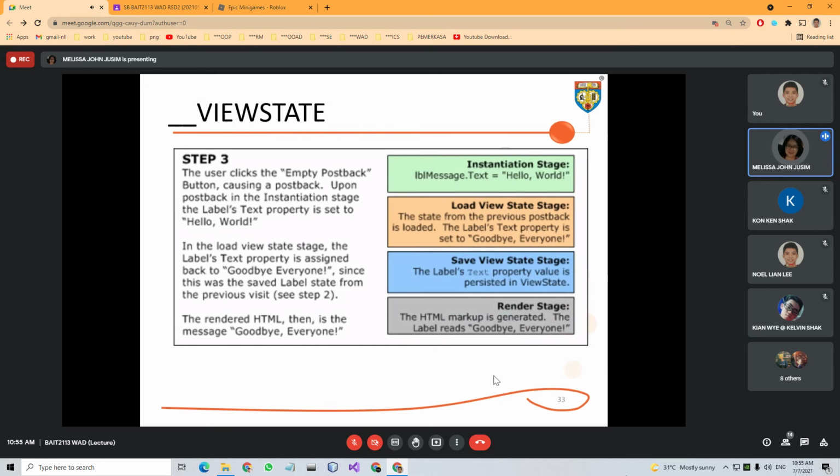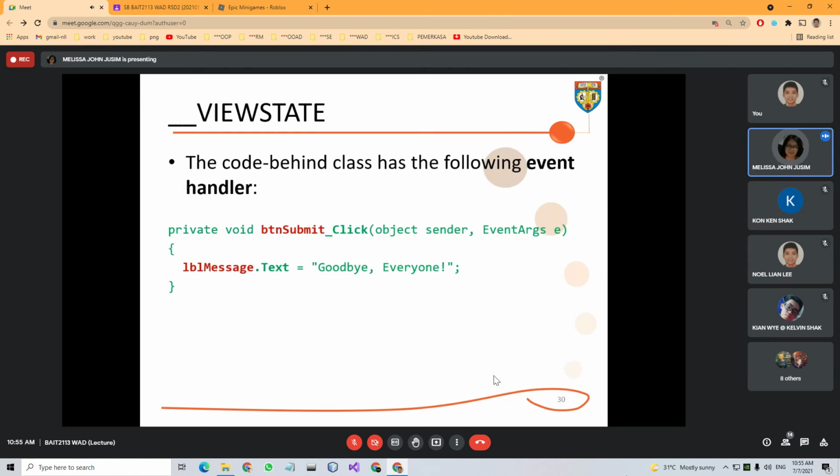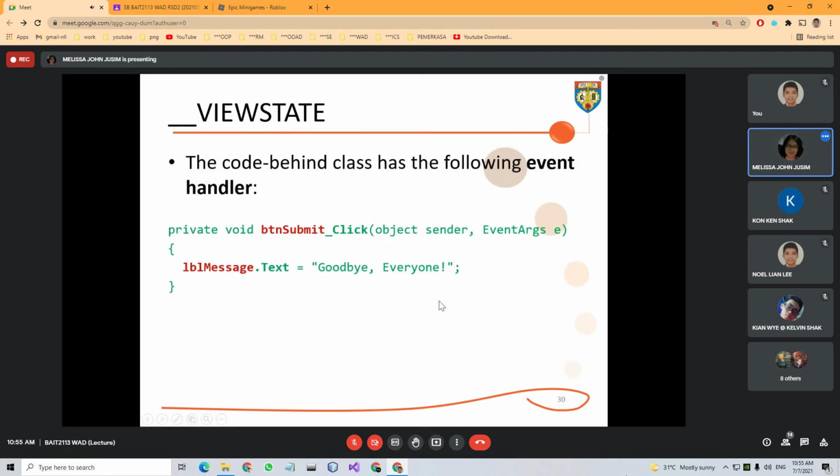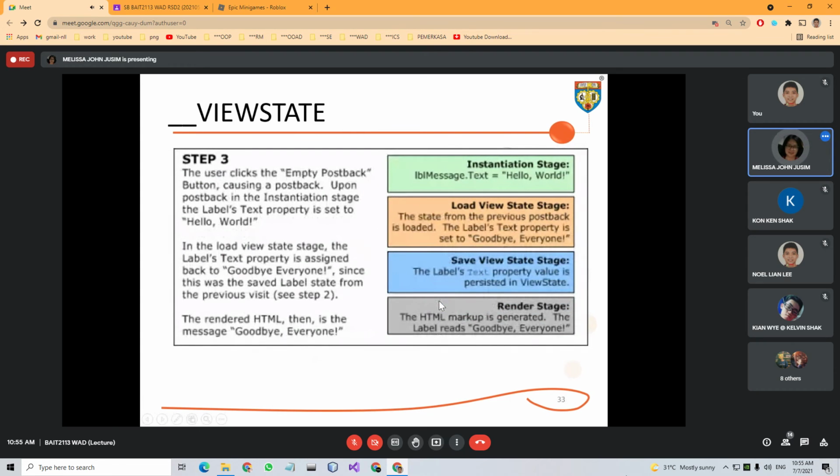Step number 3. What happens if the user clicks the empty postback button? Remember just now there is another button, empty postback. So the label will be set back to hello world.